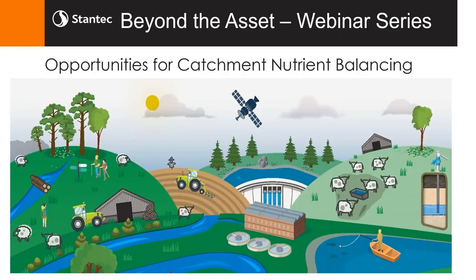Thanks for the introduction, Chris. As Chris mentioned, I'm focusing a little bit more in the detail around the evidence base. So looking at opportunities for catchment nutrient balancing and specifically through on-farm measures. I've been with Stantec a couple of years, but prior to that, I had a life in the Rivers Trust, and I've been doing catchment water quality planning work for the last 20 years in consultancy, research and third sector settings. And we as Stantec have been supporting Severn Trent's